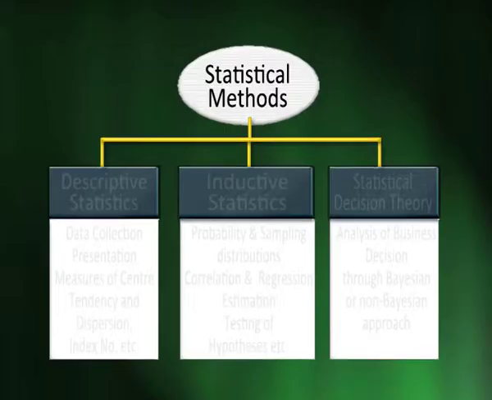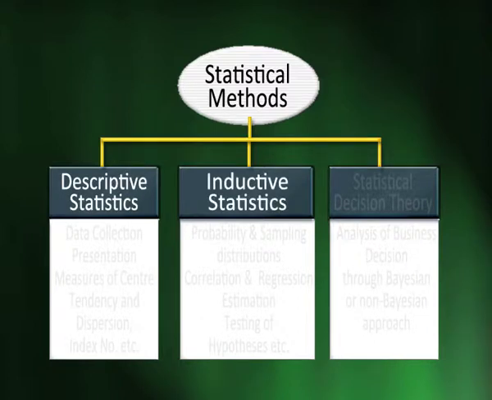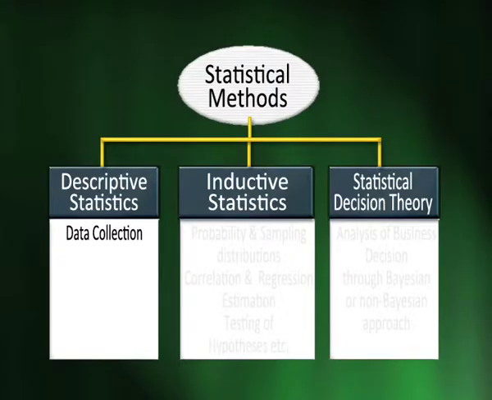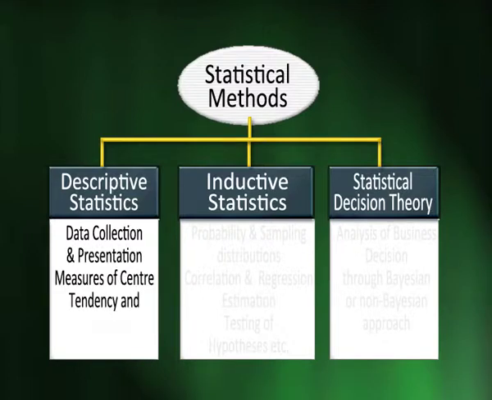Various statistical methods can be classified in three different categories. The first is descriptive statistics, the second is inductive statistics, and the third is statistical decision theory. Under descriptive statistics, we shall learn about the methods of data collection and presentation, measures of central tendency and